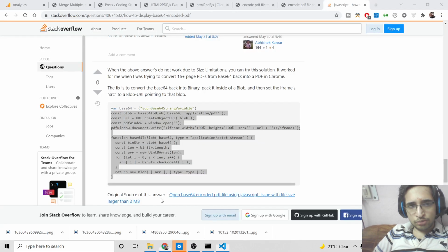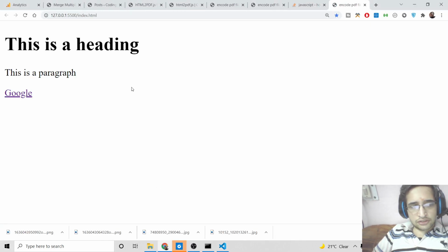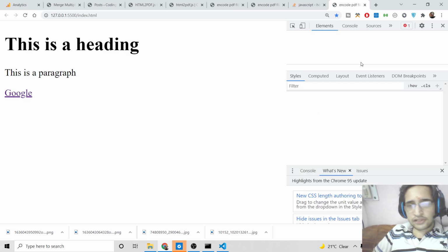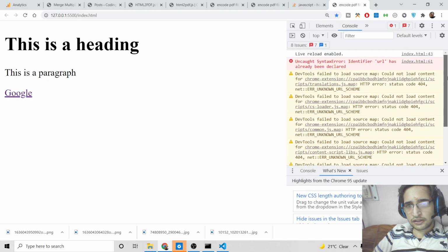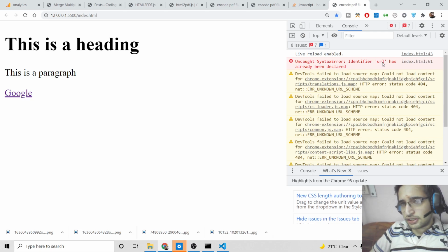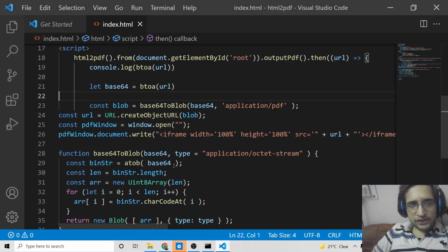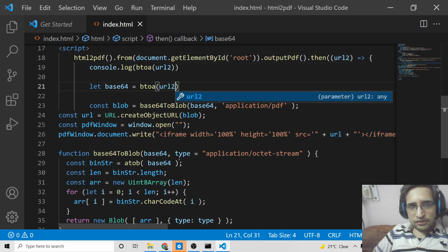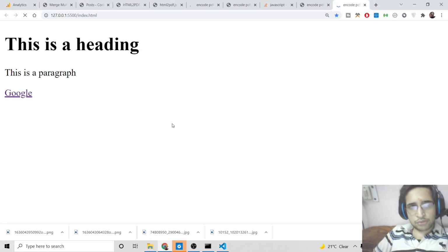If I once again open with live server, and again go to inspect element, it is saying URL has already been declared. So we need to make this URL2, like this. That's it. Now it should fix the problem.